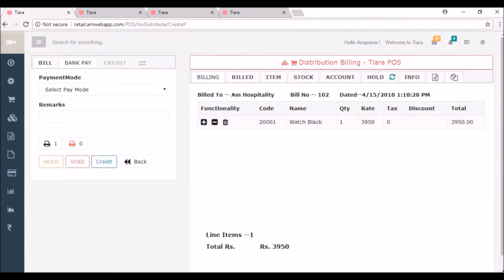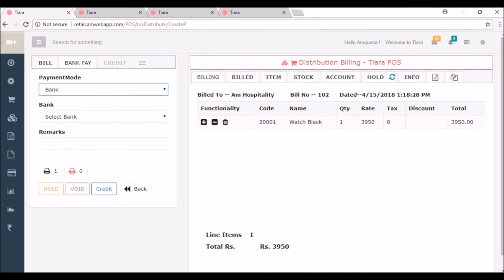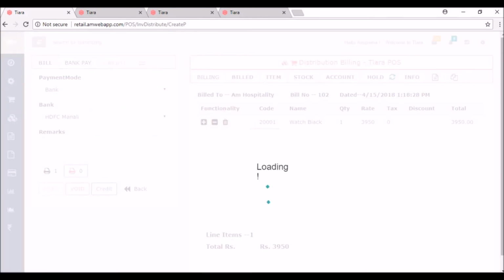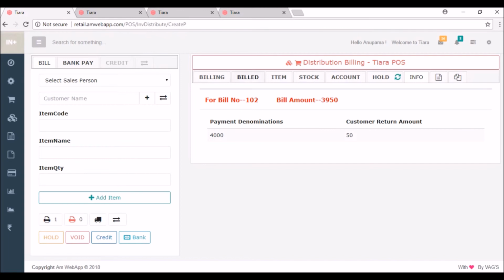Now I want to pay the amount by bank, so I'm selecting the pay mode, which is bank. You can select mobile wallet too, and I want to select the bank, which is HDFC bank. And now you can print, but I'm selecting complete the bill but not print, so I'm selecting 0. So the bill is